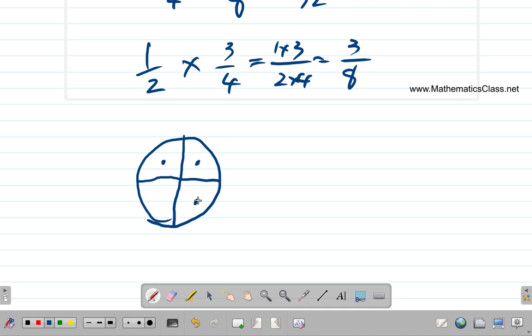Now if you say half of that, half of 3/4, if you take 3/4 and halve it,